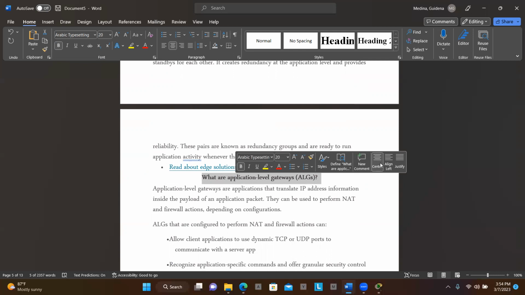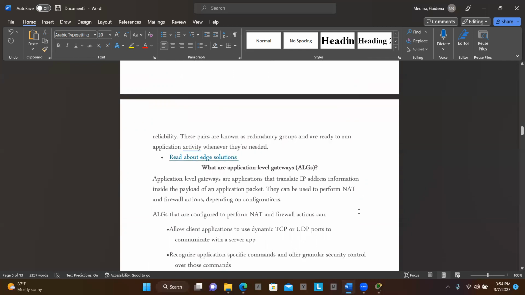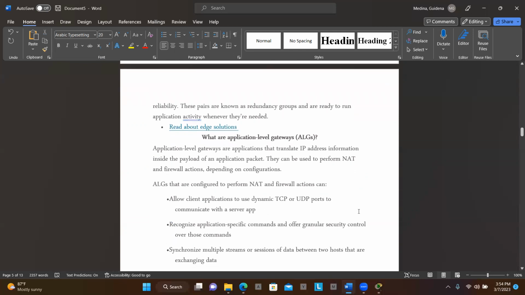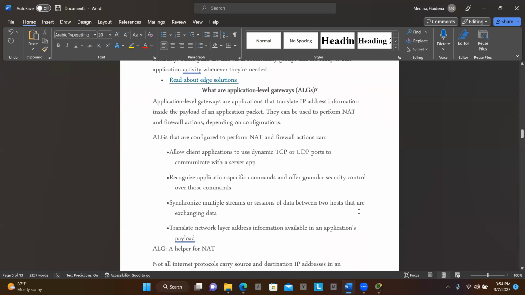So what are application level gateways? Application level gateways, or ALGs, translate IP address information inside the payload of an application packet. They can be used to perform NAT and firewall actions depending on configuration. So ALGs that are configured to perform NAT and firewall actions can